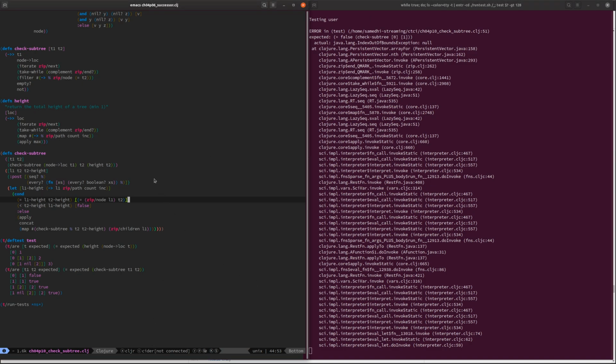Zip node of L1 is equal to T2. That seems reasonable. So basically, I'm just starting from the root, and I'm just going all the way down onto every child, recursing every single time to every child. I'm basically, if the two heights are the same,